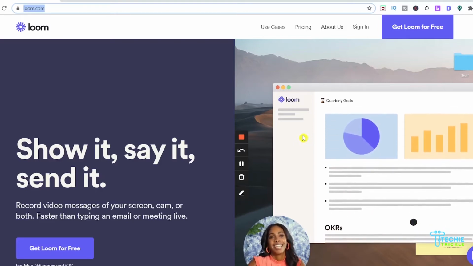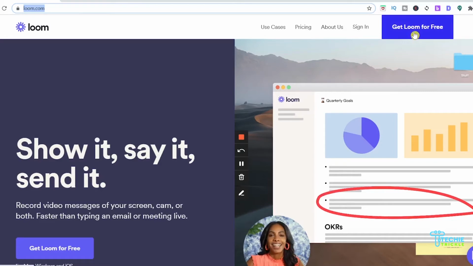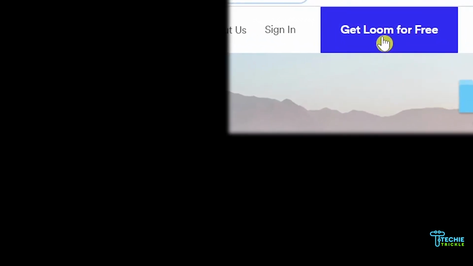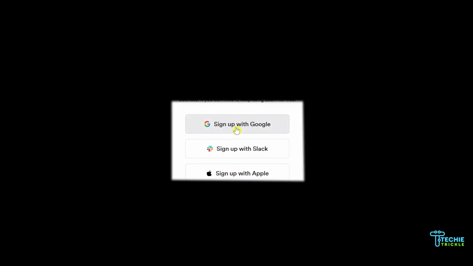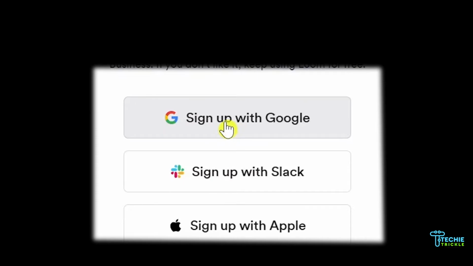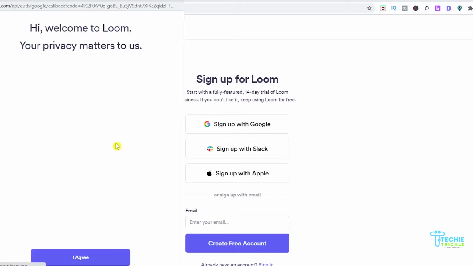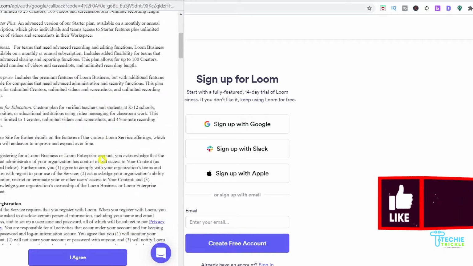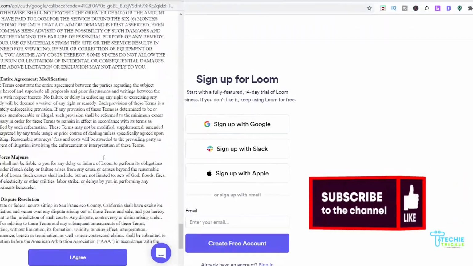So the first thing that you need to do here is get Loom. So I would just click that. Once this page comes up, it is self-explanatory, you know that you need to sign in for Loom. So please go ahead and do that as per your convenience. I do it by Google, and there will be some privacy readings that you need to go through and agree to. If you are okay with that, you can go ahead and agree. So I am okay, so I click on I agree.